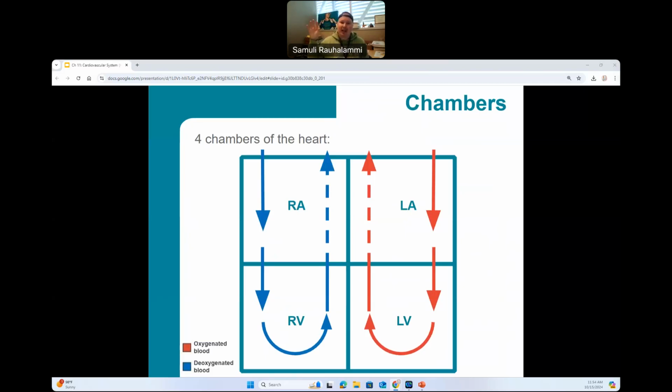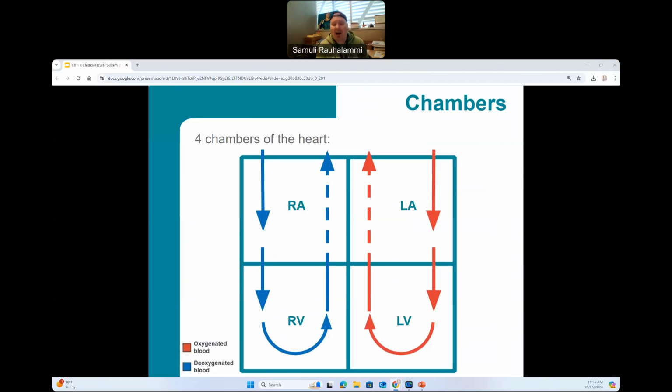And now this deoxygenated blood is entering the right atria through our superior vena cava, often abbreviated as SVC, and our inferior vena cava, often abbreviated as IVC. And this blood builds up in our right atria, and then it moves from the right atria to the right ventricle. And this movement happens through a valve that we'll talk about in a little bit of time, but if you want to make a head start, you can notice that this valve separating the right atria and right ventricle is known as our right AV valve, also known as our tricuspid.